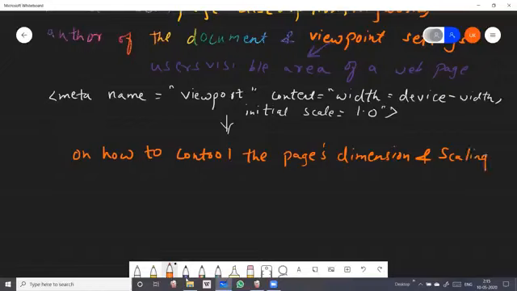Getting it? Using this viewport, we can specify the scale and the dimension of the page, so that the programmer can have control over the user's view. So the browser is instructed how to control the page dimension and scaling.